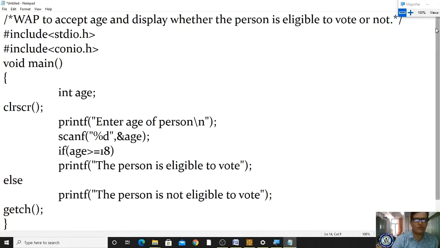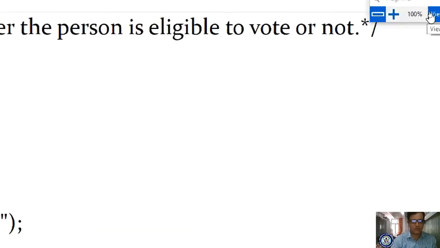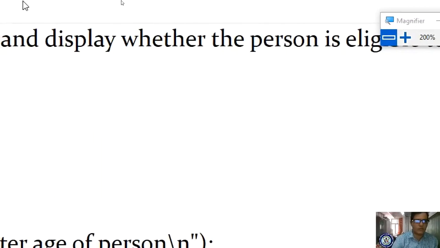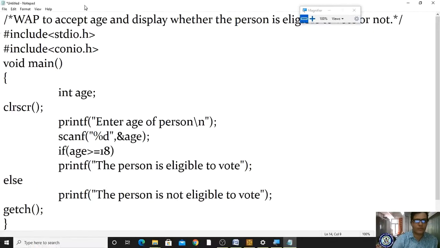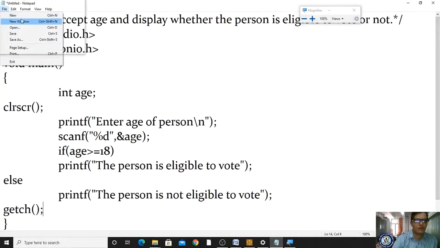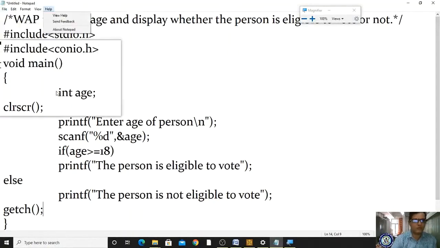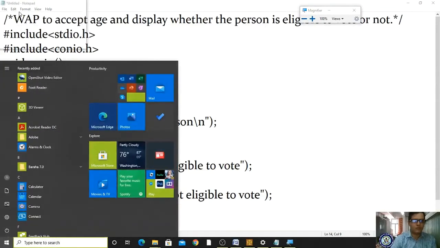Now how to save this file? Please observe here.